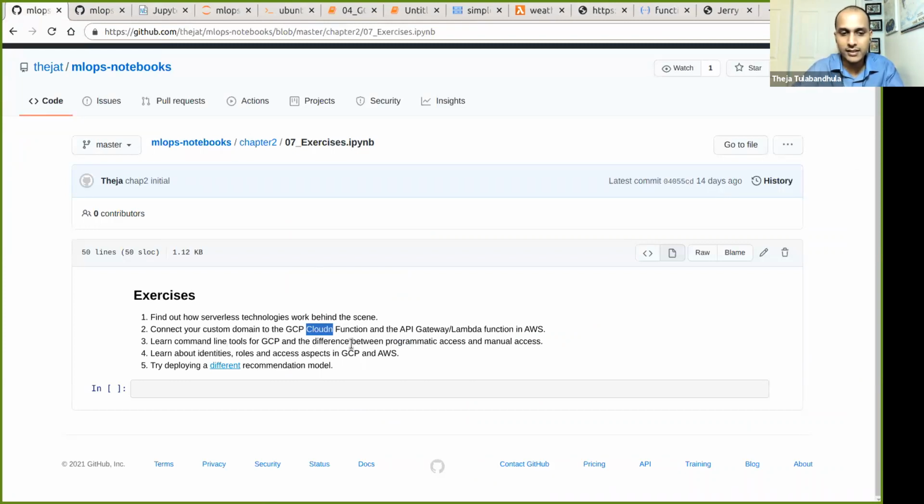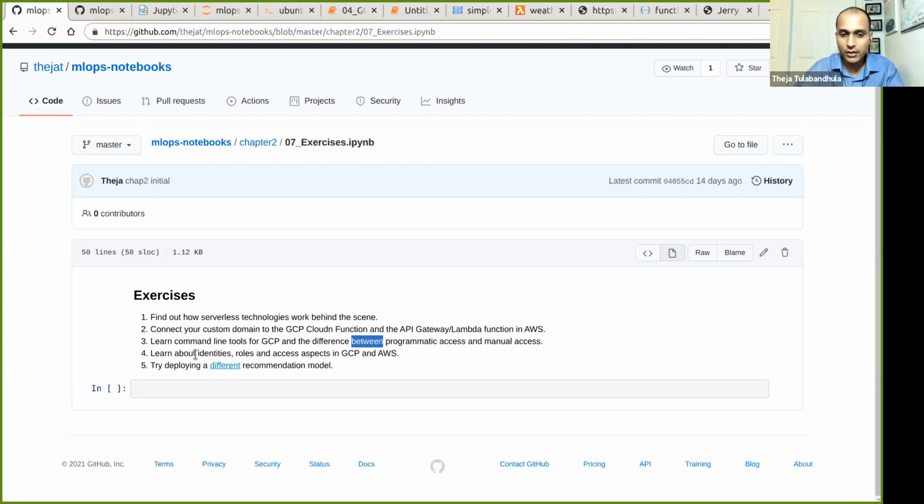And finally, as I said, there is a difference between programmatic access and manual access. Manual access is the GUI-based access. So it'll be good if you also look at the notes, which have a description of programmatic access to GCP as well as AWS.